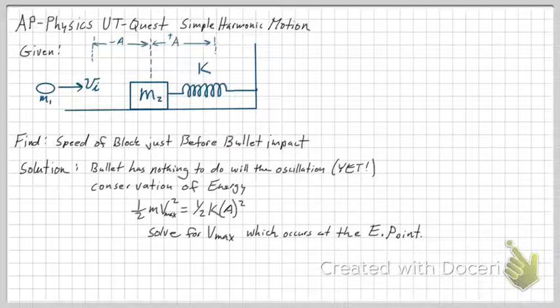All right, so I'm just going to use conservation of energy. The bullet hasn't hit the block yet, so I just need to go V max. I'm given the amplitude, so I can find the total energy of the system. Pretty straightforward. Okay, so I'm going to need this V max for my next part of the problem, because